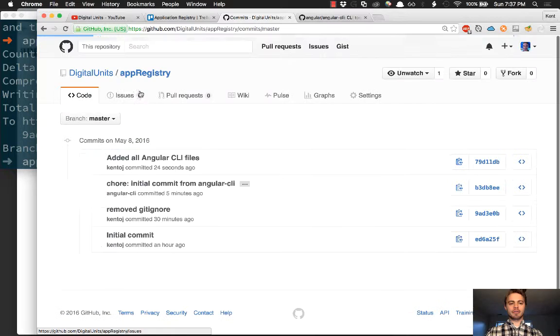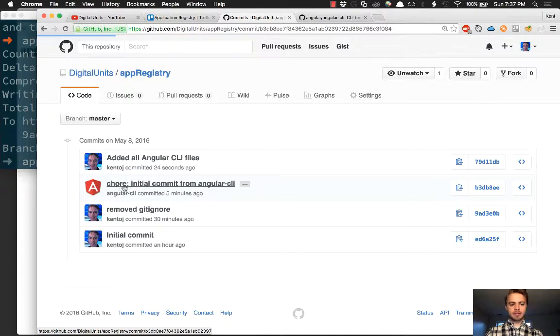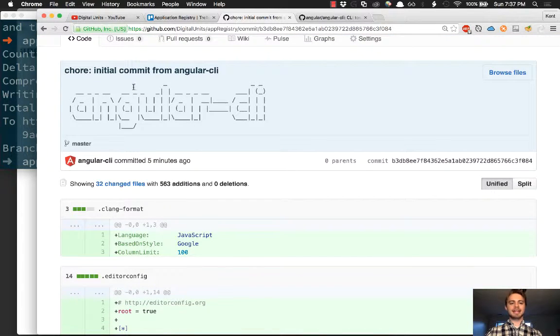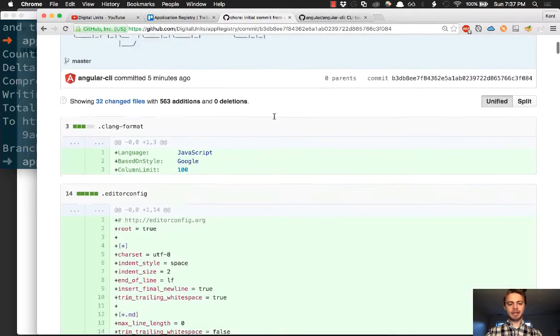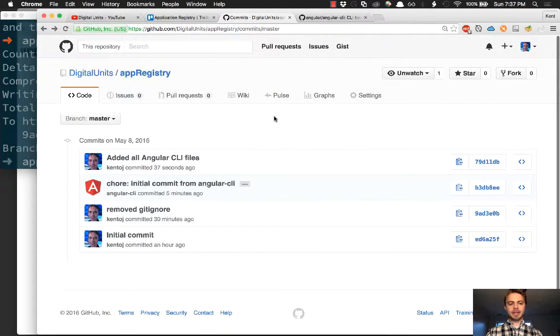Excellent. We can go to the commits. That was, oh, this is kind of cool. I think we can see that. Yes, they're ASCII. All right, see that? That's really, really beautiful, really wonderful. That was kind of fun. They showed that at the conference. So we've got that commit,